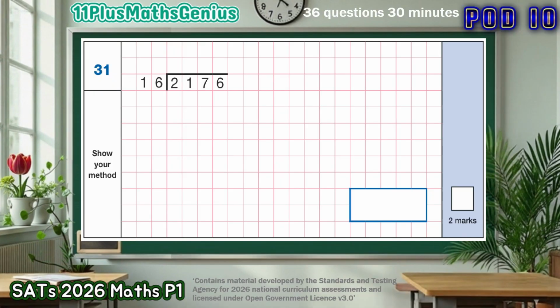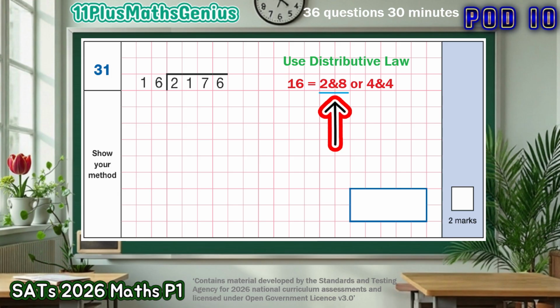Example: 2176 divided by 16. Now, let's use our distributive law. So instead of dividing it by 16, we can divide first by 2 then 8, or divide 4 then 4. In our case, we'll use 2 and 8, but you can always be free to use 4 and 4. Let's first divide